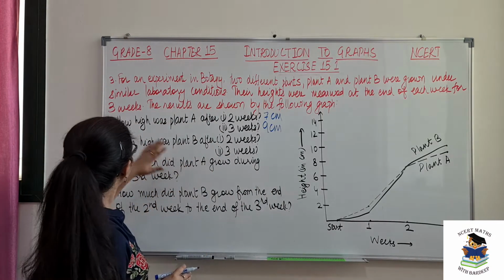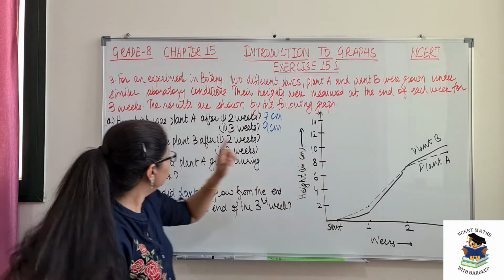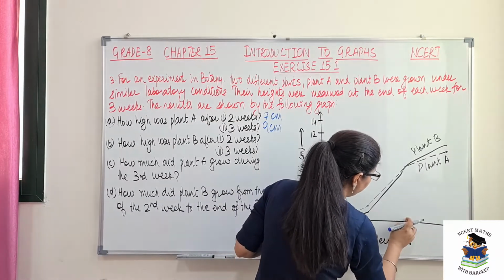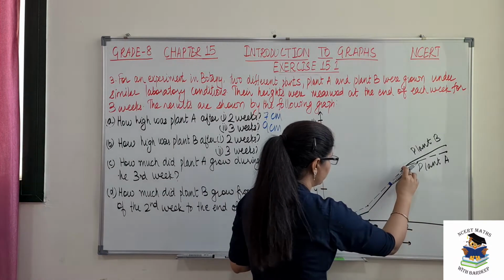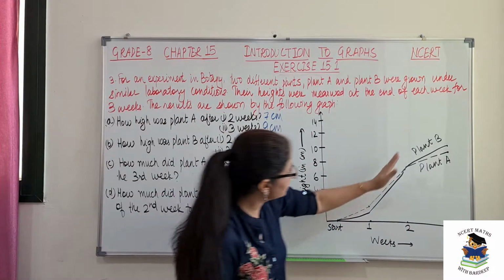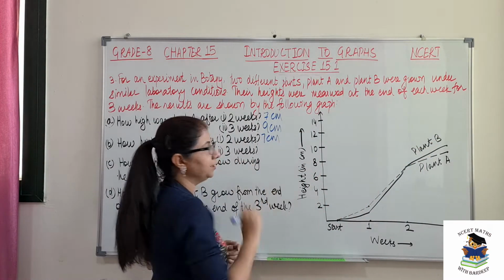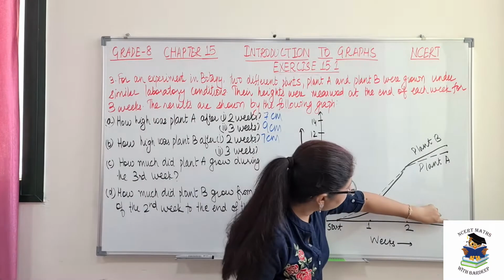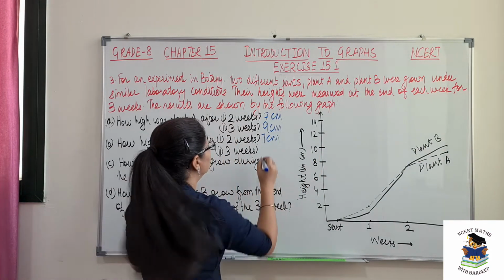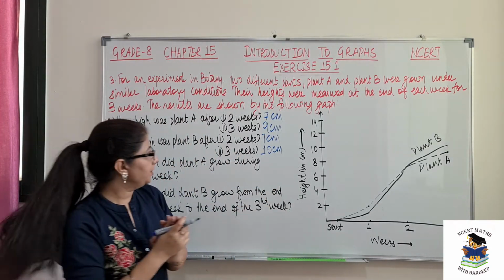Okay. So B part is how high was plant B. Now we have to consider the line of plant B after 2 weeks and after 3 weeks. So here we can see again for 2 weeks we have to consider this bold line, and this is 7 centimeter again, because this is the intersection of both the lines. So that is same, 7 centimeter. After 3 weeks, we can again go up and see for plant B, this is 10 centimeter. So the height after 3 weeks is 10 centimeter.